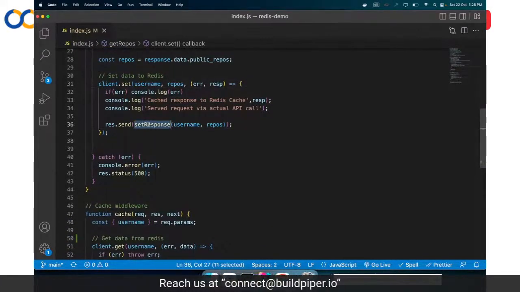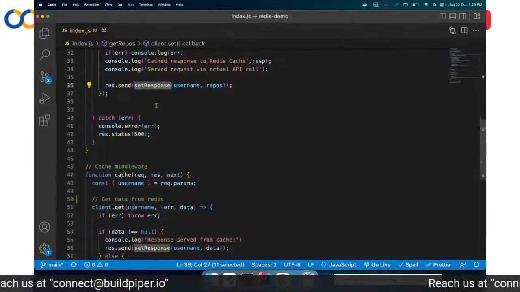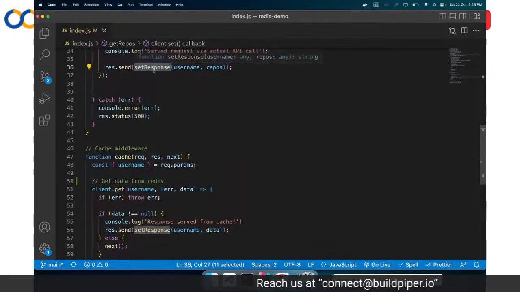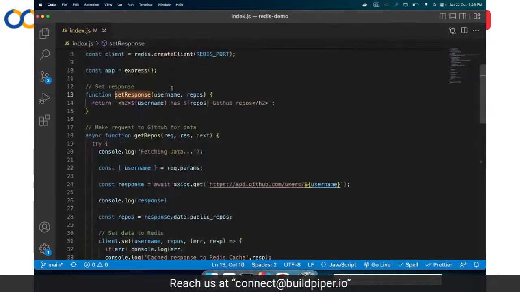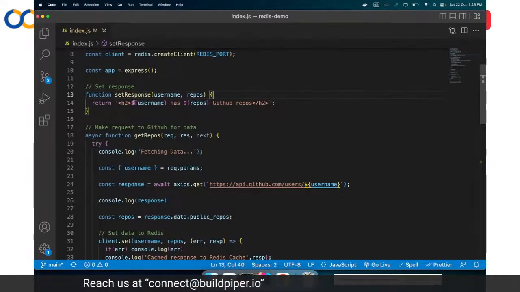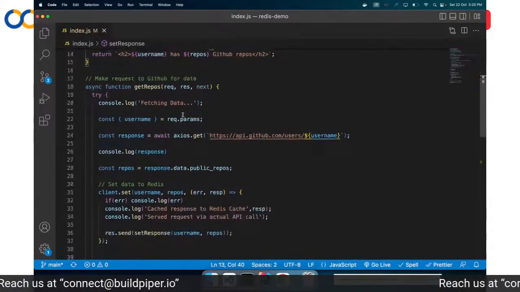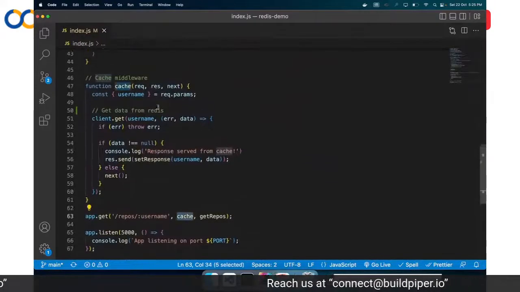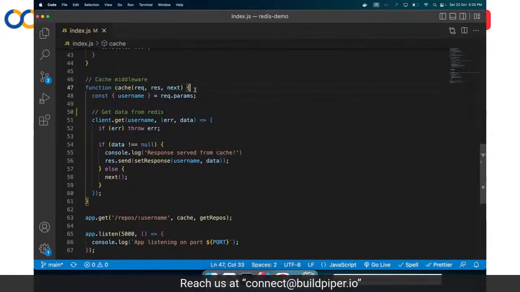And then I'll send the response to our browser using this set response method. Set response just prettifies the response here using an h2 tag. That's it. And let's look at the middleware function where we check the cache.